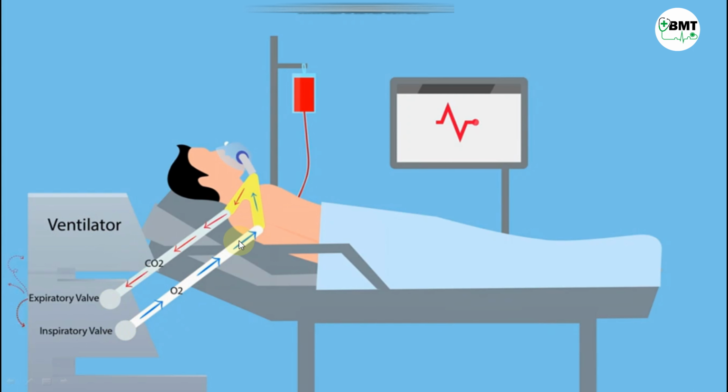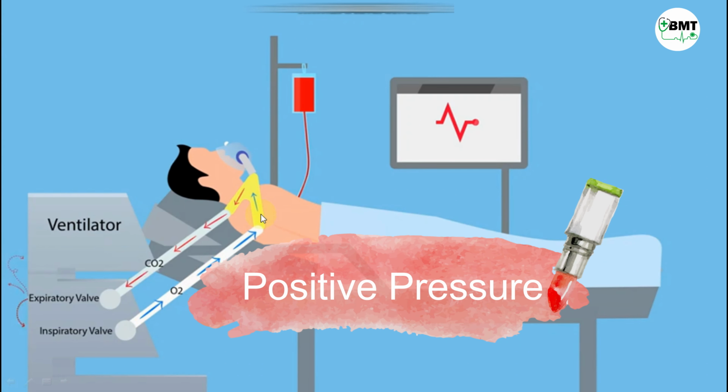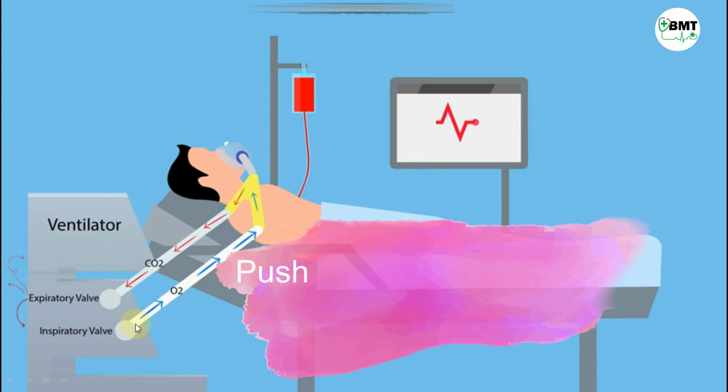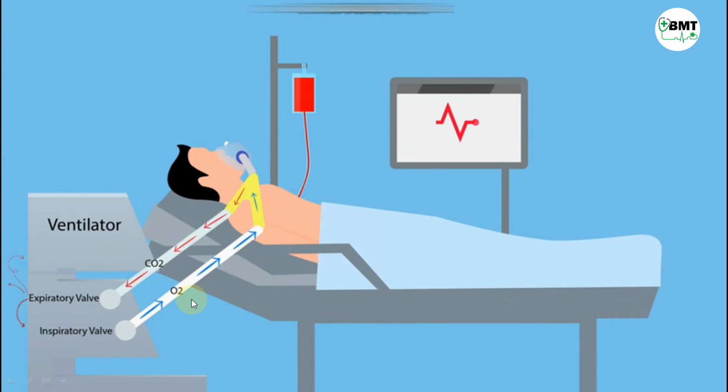Now whenever the ventilator blows air to the patient through this circuit, it generates a pressure that will be the positive pressure. Now in normal environment, we breathe a negative pressure air from the environment. That is, we suck the air, but in this case, ventilator is doing what? It is pushing the air. So, today's ventilator works on the positive pressure ventilation. That is, it blows the air to the patient.